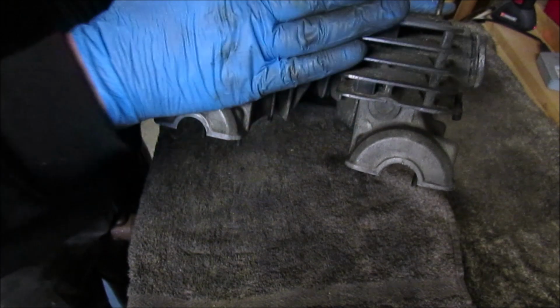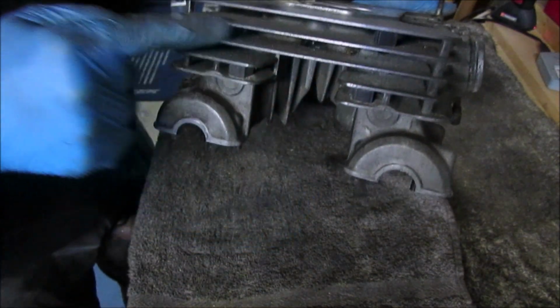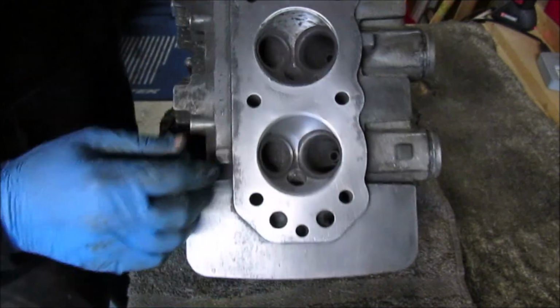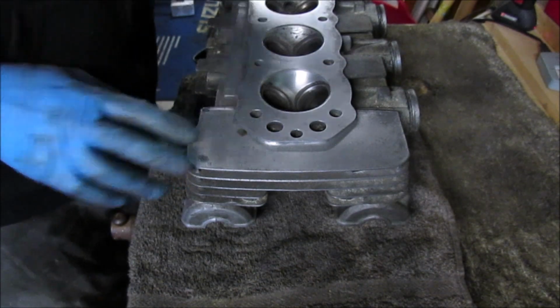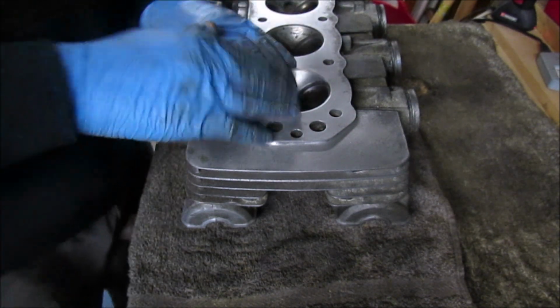But this will be painted black, and then if I can, I'll actually try and polish the edge of the fins. But as I say, just to do what I've done so far has taken a fair amount of time. I just film it in stages. I'm going to continue on with this,